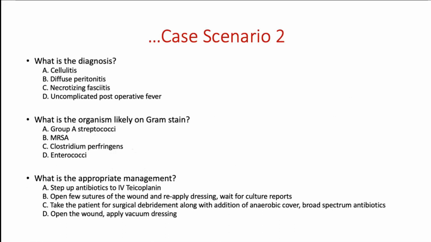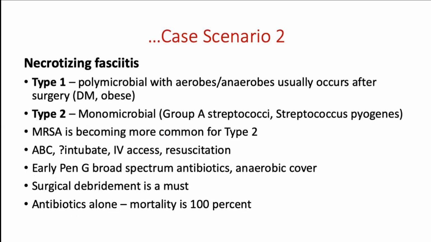along with addition of broad spectrum antibiotics, including broad spectrum penicillin and anaerobic cover, obviously. The necrotizing fasciitis is of two types. Type 1 is polymicrobial with aerobes and anaerobes, usually occurring after surgery in patients who have uncontrolled diabetes, are obese, or have a pre-operative predisposition in the form of gangrenous cholecystitis. And type 2 is monomicrobial, usually caused by group A streptococci and Streptococcus pyogenes. Though MRSA is becoming more common for type 2, this particular patient was probably a type 1 necrotizing